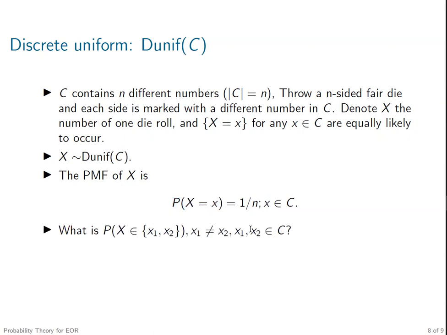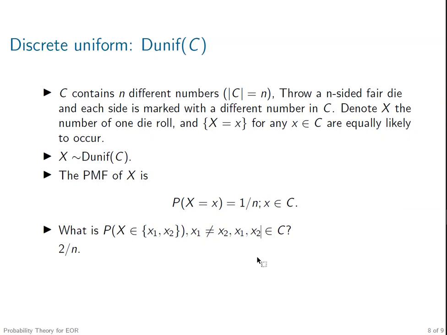Well, particularly, what is the probability value of this event, X equals x1 or x2? Those are not identical values, they are different values, and they both belong to C. Well, then it's going to be 2 over n, right? Of course, here we have n larger than or equal to 2, because C already contains 2 different values here,